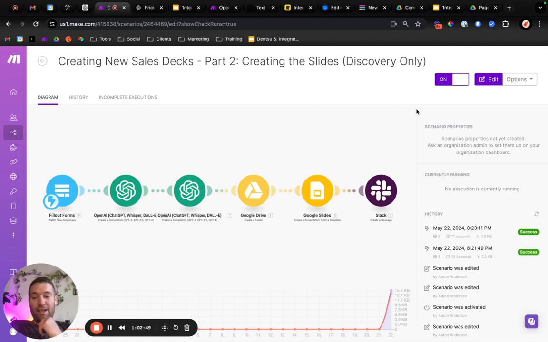Now the real question is how many discovery calls do I need to have, because how long would it have taken me to actually create a deck by duplicating it and typing this information in? Maybe 10 minutes, five, not even 5 minutes. How long did we just spend on it? An hour? How long am I going to spend another couple hours creating this? Yeah. In the long term, though, having this and not having to worry about creating it would be brilliant. So I'm happy. We are past the hour mark, but we did create new sales decks